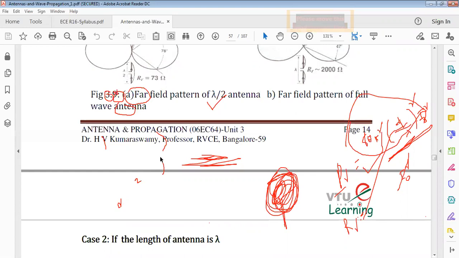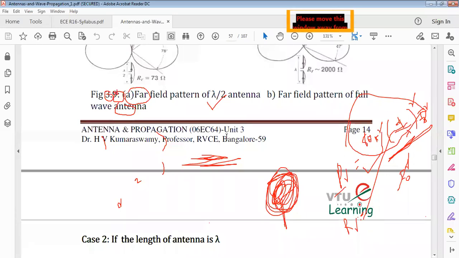So what did we learn from today's class? The field component expressions ER, E theta and H phi, and how to derive radiated power and radiation resistance from those field components. How are we able to derive those field components? Simply by considering the Poynting theorem, P equal to E cross H. From that expression we have to multiply ER and H phi, and E theta and H phi terms. One of the terms becomes 0 after simplification. That's why only one field component exists, either ER into H phi or E theta and H phi.